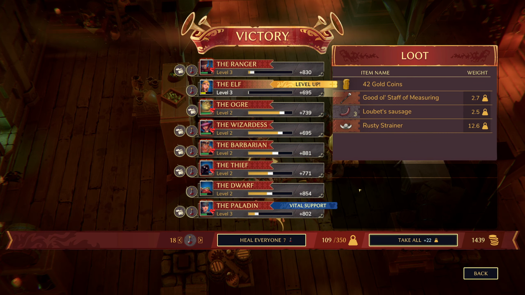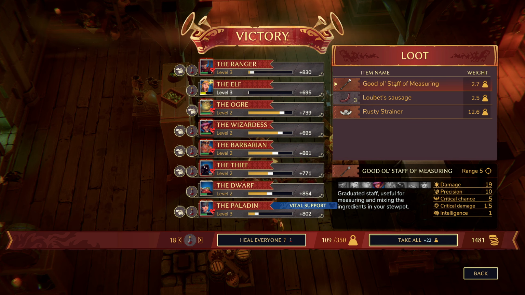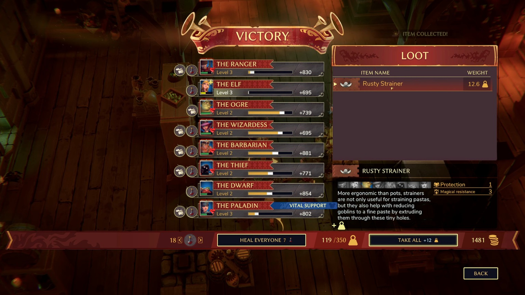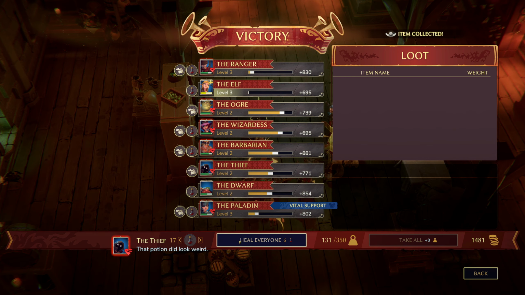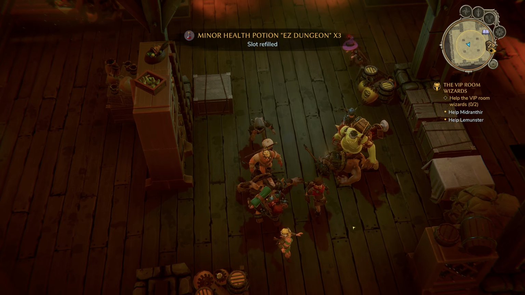The elf leveled up. Elf made it to three. Got coins. Good old staff of measuring for the wizardess. Some sausage. And a rusty strainer for the ogre. I'll heal you. Potion did look weird. Everyone else, I think we'll be able to get to the